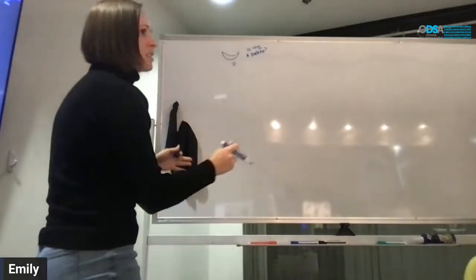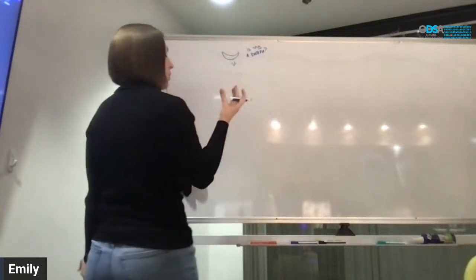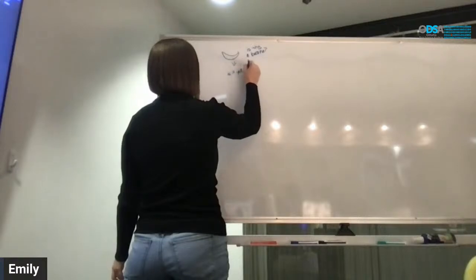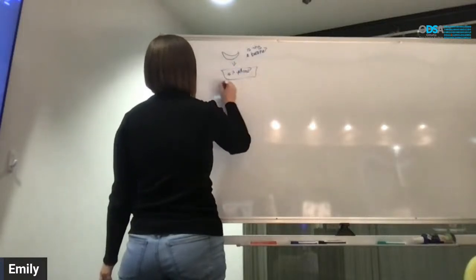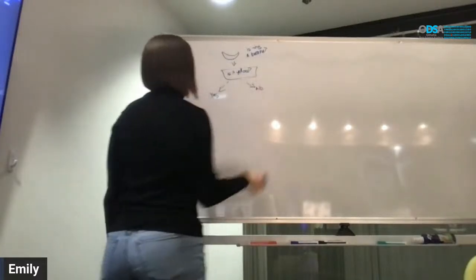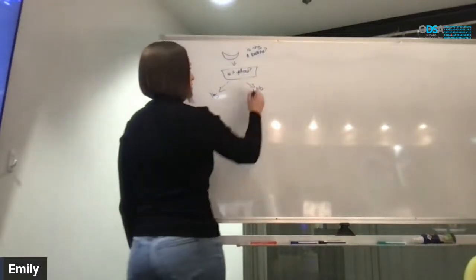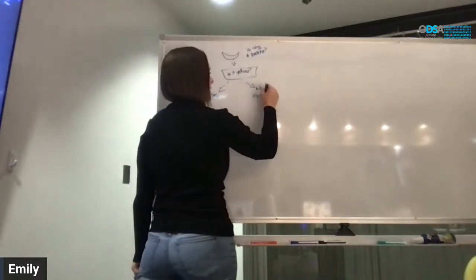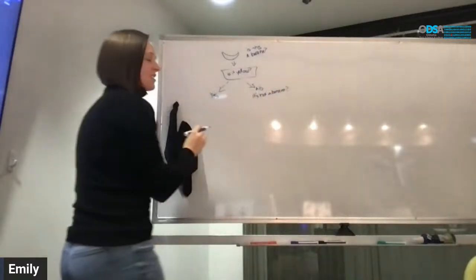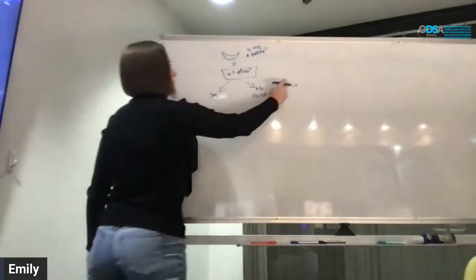So if it's a banana, something we might ask if they give us some type of fruit, and they want to know, is it a banana? We might say, is it yellow? And we can either say, yes, it's yellow, or no, it's not yellow. If they say no, it's not yellow, we just say it's not a banana. Let's pretend that all bananas are yellow here. I know there's green bananas. Let's just say it's not a banana.